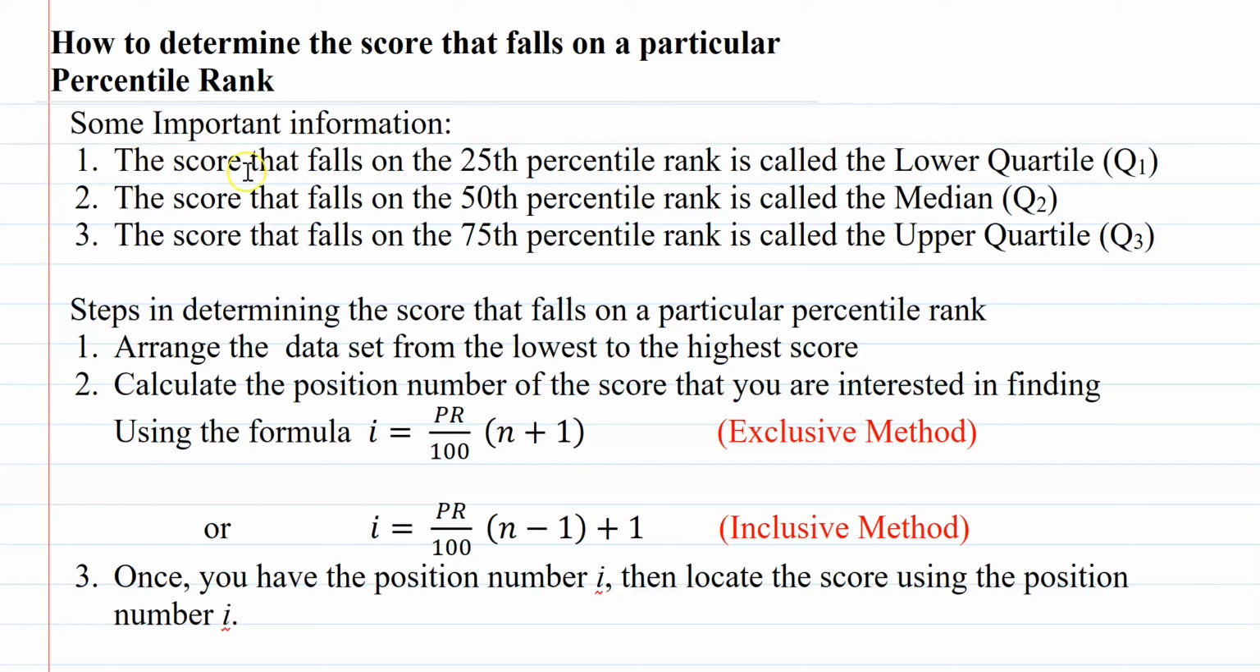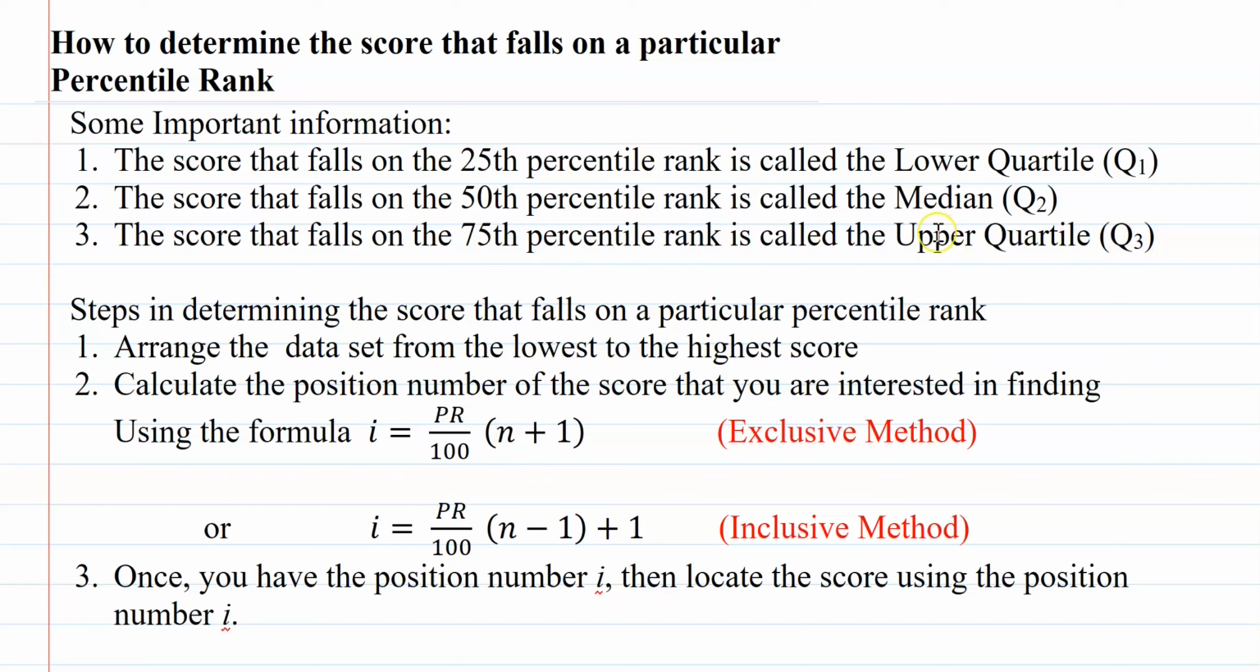First, the score that falls on the 25th percentile rank is called the lower quartile, and we use Q1 to represent that score. Second, the score that falls on the 50th percentile rank is called the median, and we use Q2 to represent that score. Third, the score that falls on the 75th percentile rank is called the upper quartile, and we will use Q3